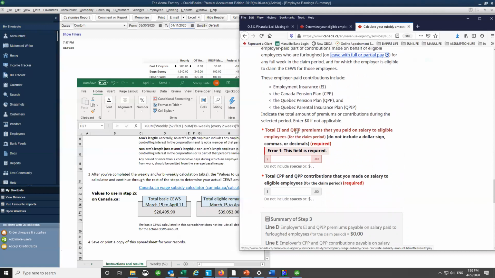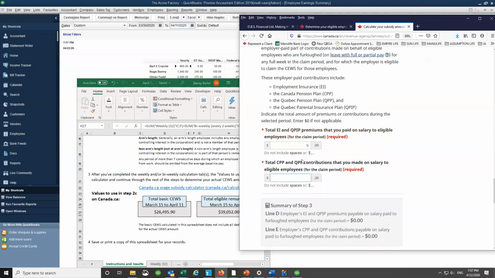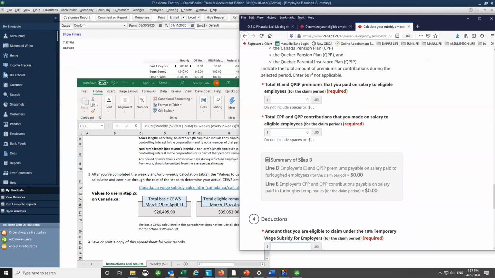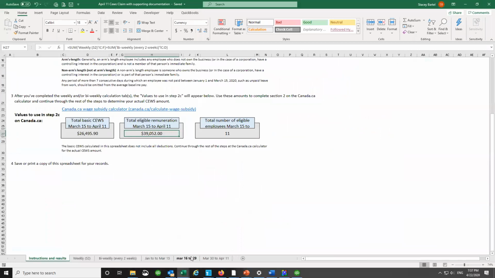Now, total EI and QPP premiums that you paid on salary not to eligible employees, okay? Again, this has to have been without pay. So do not include your CPP and EI. Same thing here, right? Do not include it. Make sure you put it in as zeros unless, well, that's actually not true. In this case, the one thing that I did not calculate in is, okay, if we go back and